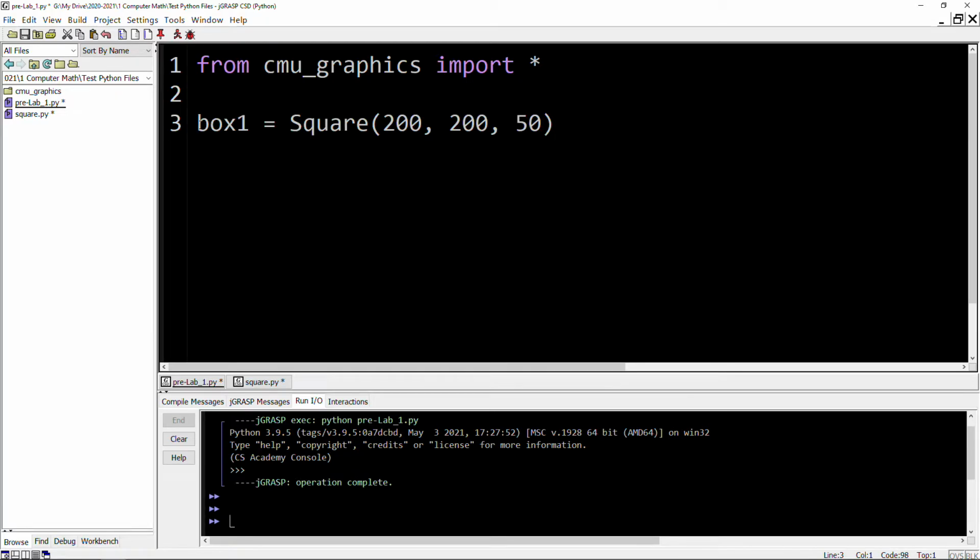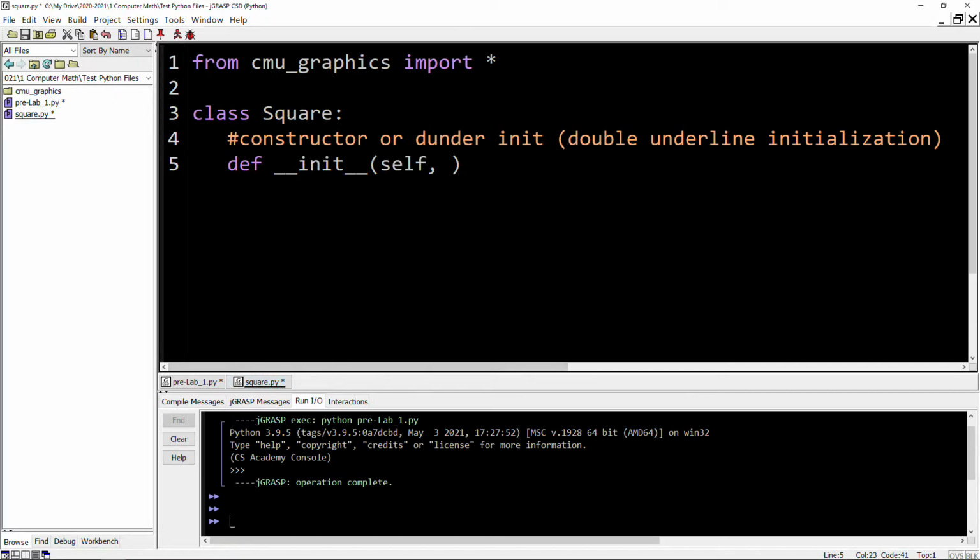I'm going to comment this out because this will not work yet. We want it so that it goes from 200, 200, 50. Center X, center Y, and then maybe size, right? So that's nice. That means with the parameters, we could say center X, center Y, and size. Real quick, let me put a colon at the end before I continue here.